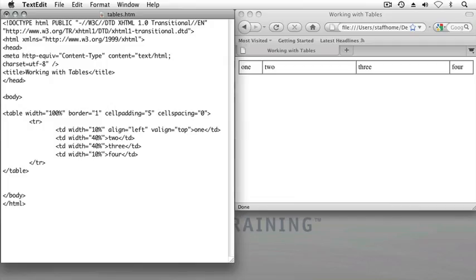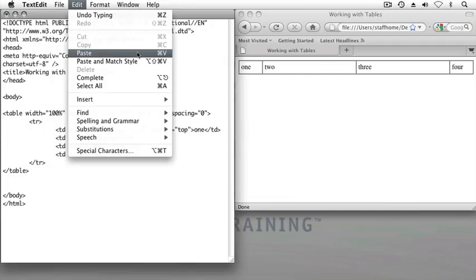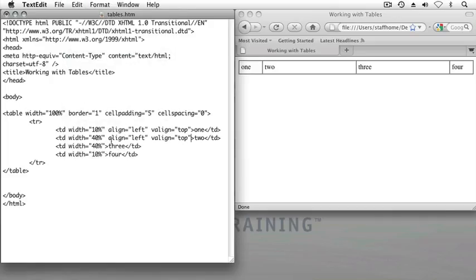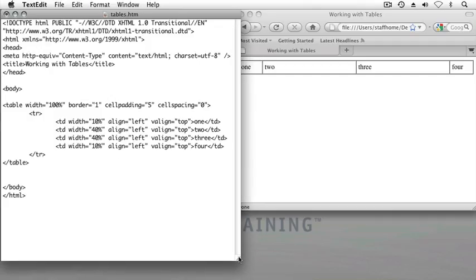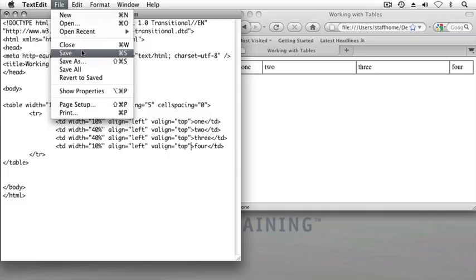Now I want these attributes to be on all of my table cells, so I'm going to select by clicking and dragging with my mouse across these two attributes, and from the Edit menu I'm going to copy, and I'm going to paste these two attributes after each of the width attributes for my table cells in this table. So from the Edit menu I'll paste, or Command V, Control V on the PC, and I'll Command V on the third one, and again on the fourth one. And now I'll save my file